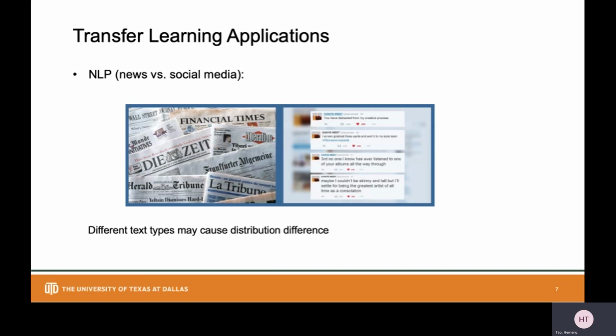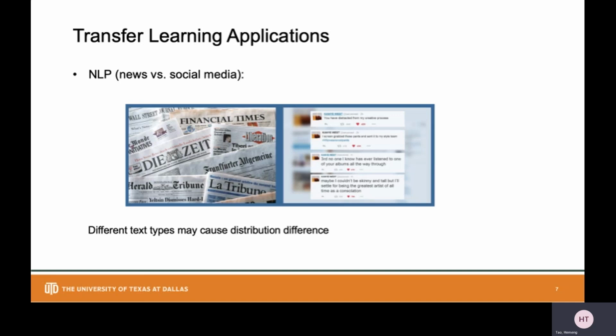The left domain is some news data, and the right side is social media messages. Even though the short sentences may be extracted from different sources, they will, for example, use different kinds of sentences or phrases to express the same opinion, which will cause the domain difference.